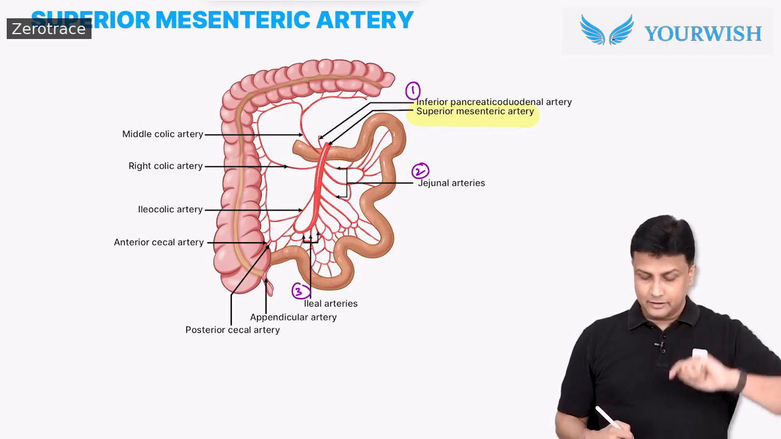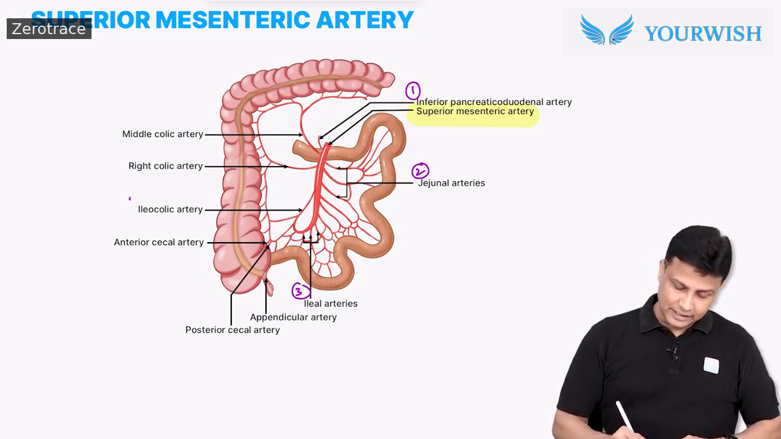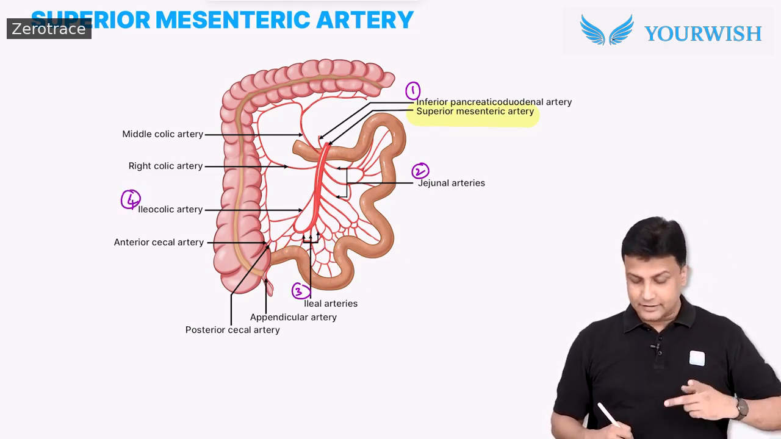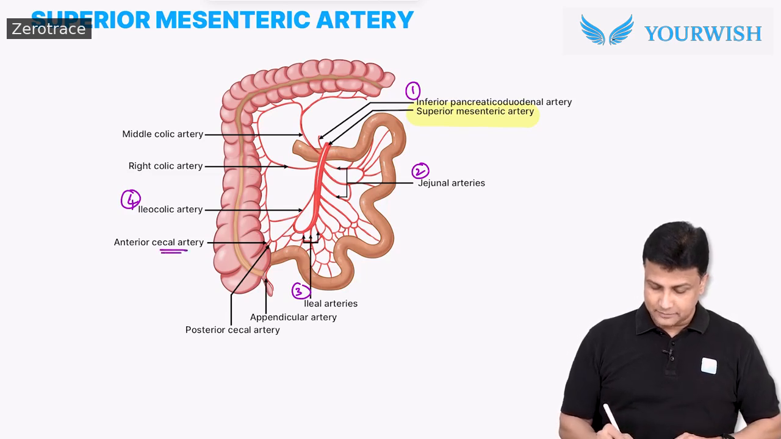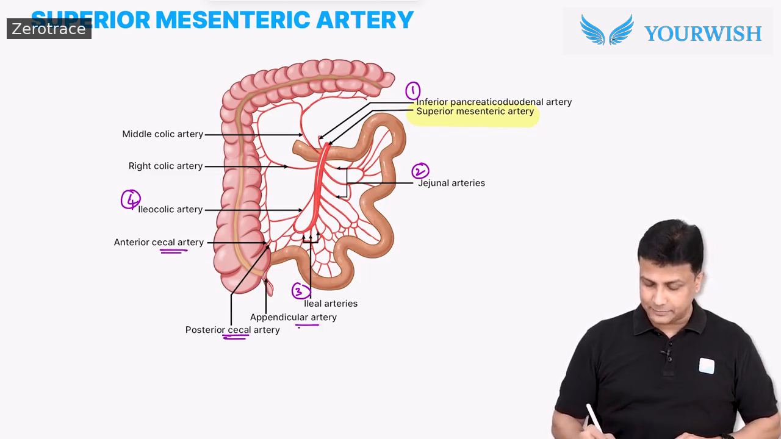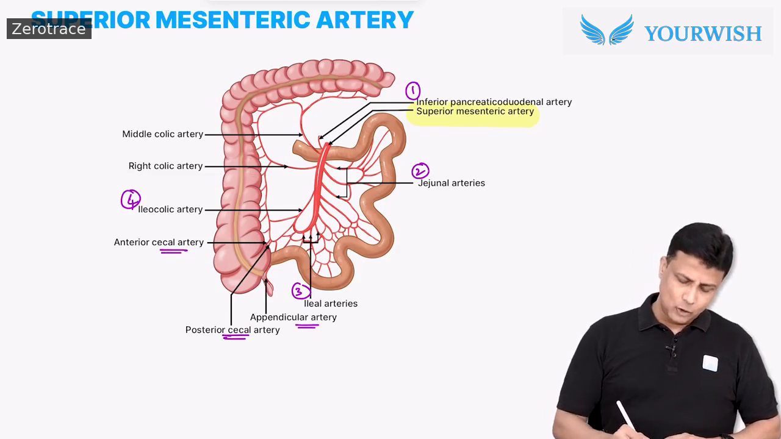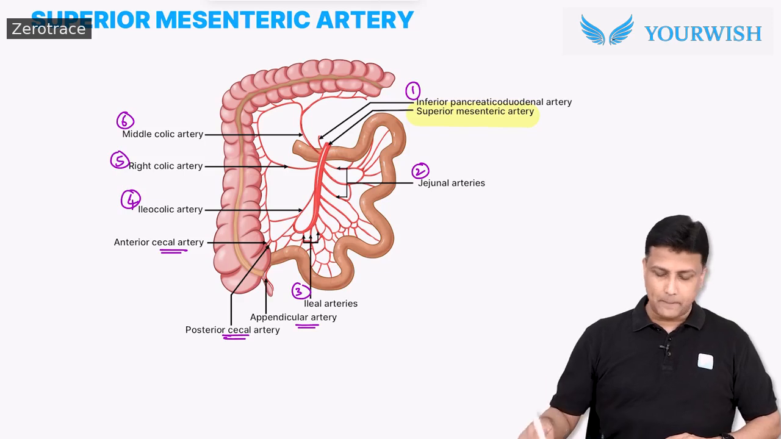Finally, the turning part here. At the turning part, you'll be able to find that ileocolic artery. And that itself is giving you the branches to the cecum, that is your anterior and posterior cecal artery, as well as the appendicular artery. The ascending colon will be taken care of by the right colic artery, and the transverse colon is taken care of by the middle colic